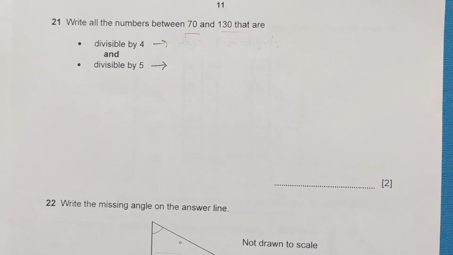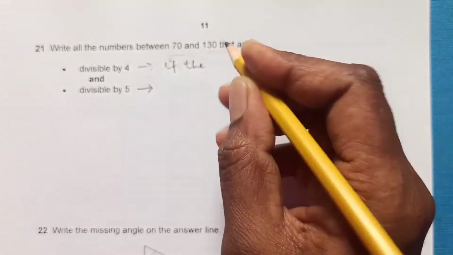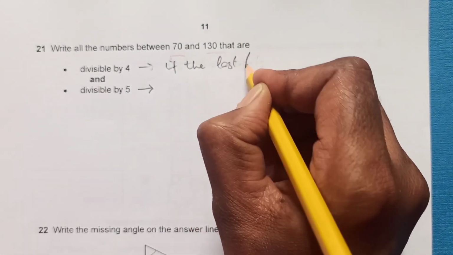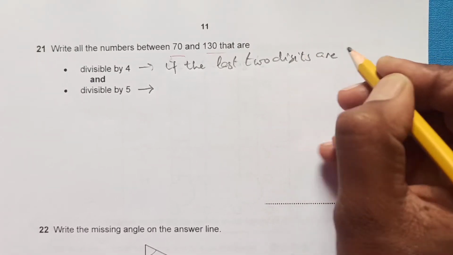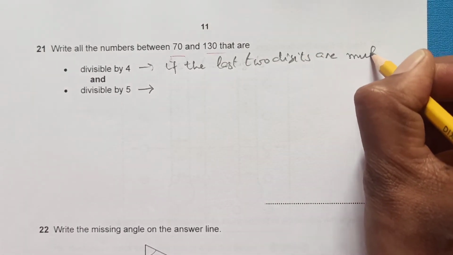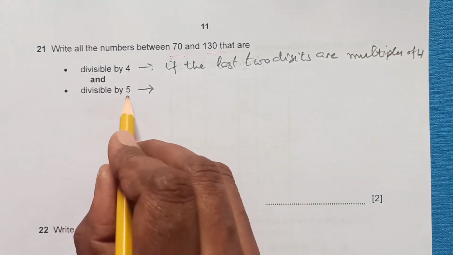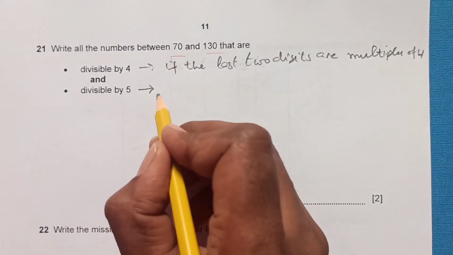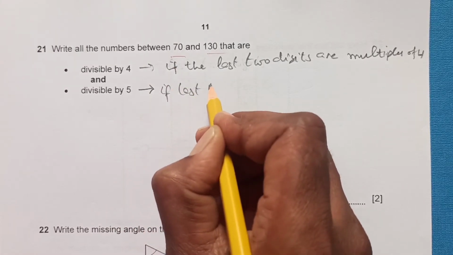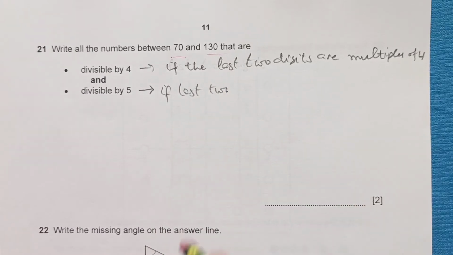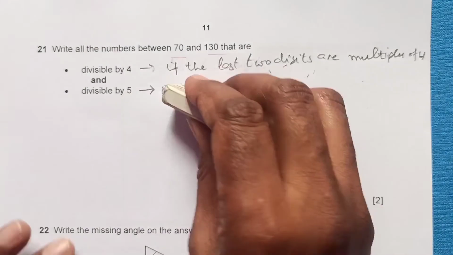To check the divisibility by 4, if the last 2 digits are multiples of 4, right? And for 5,